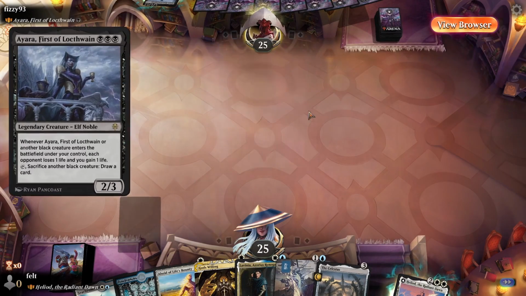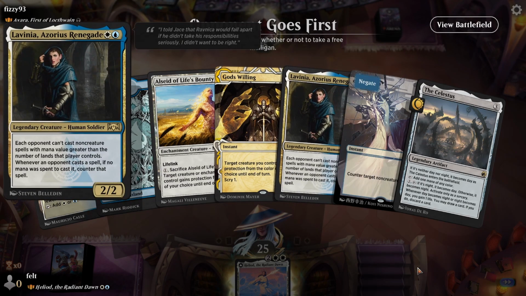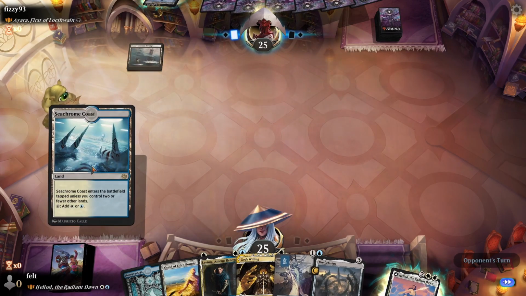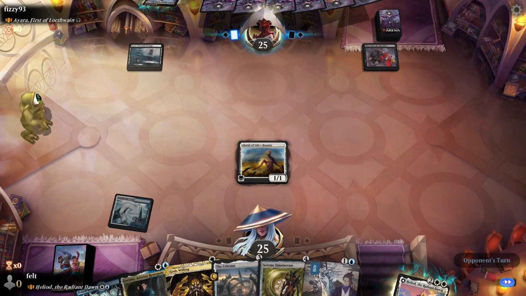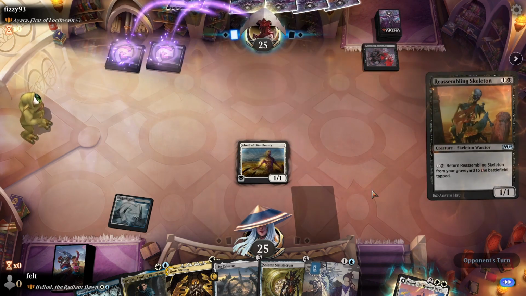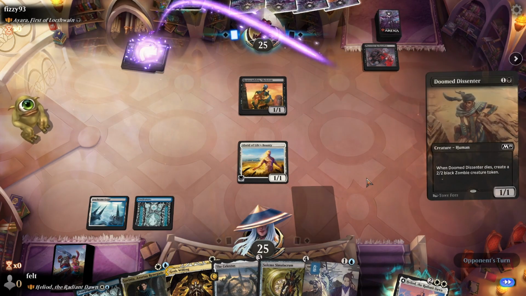Opponent goes first. We are playing into Ayara, First of Locthwain, a mono-black Stuff Dies deck with lots of card draw built in effectively. Kind of want to just slam Alseid on turn 1, and then slam maybe Lavinia on turn 2. I don't think that they'll actually play too many scary stuffs, though. That's a tiny bit concerning. Maybe we just hold up Negate if it looks like they're going to play stuff like Phyrexian Reclamation. This is a pretty scary card because with Ayara, stuff will just really start popping off. I think we hold up the Negate and God's Willing to maybe just like...